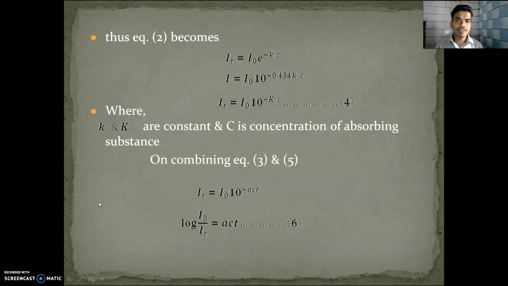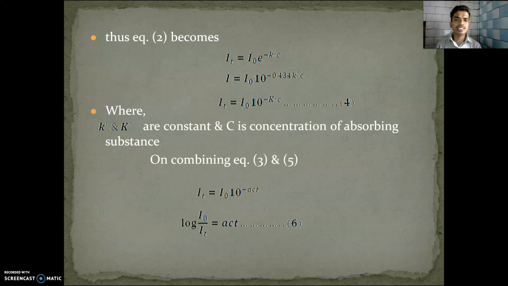Thus, equation 2 becomes I_T = I_0 e^(-K'C). I = I_0 10^(-0.434 K'C). I_T = I_0 10^(-K'C), where small k' and capital K' are constants and C is the concentration of the absorbing substance. Combining equations 3 and 4, and 3 and 5, it becomes